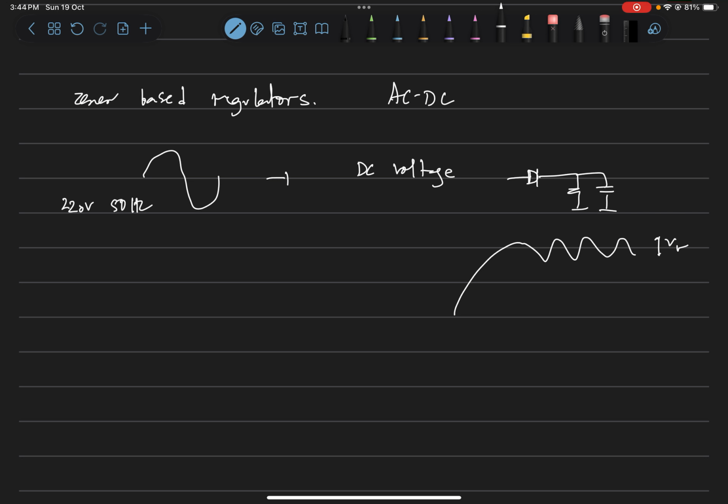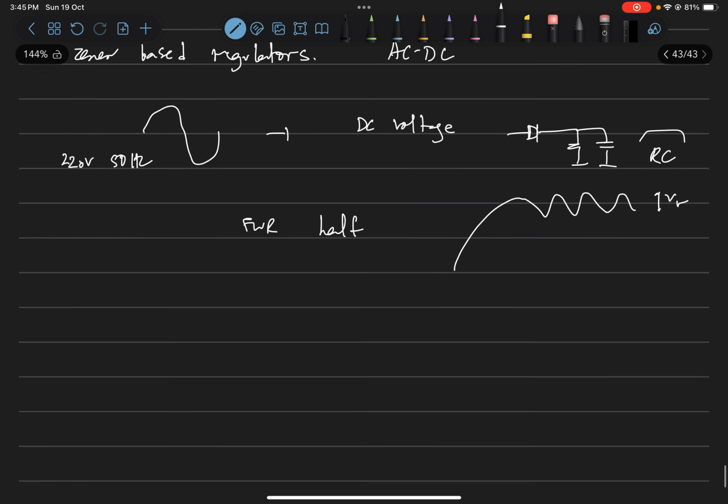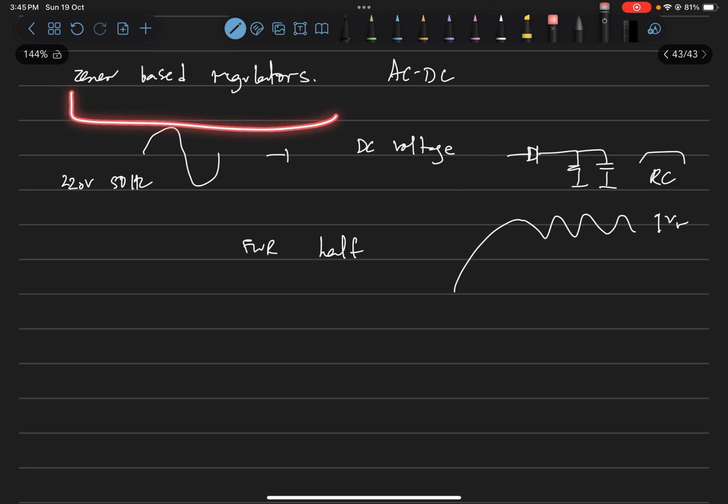So the first cut idea is to have a full wave rectifier so that the ripple is reduced by half, or use higher values of R and C in order to reduce the ripple. But what if we want to reduce the ripple even further without using higher values of R and C? So what we can do is incorporate something called a Zener diode based voltage regulator. So the basic idea is